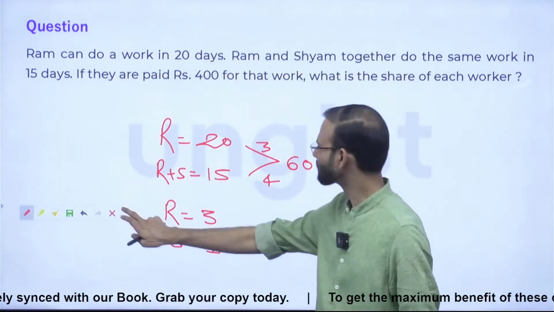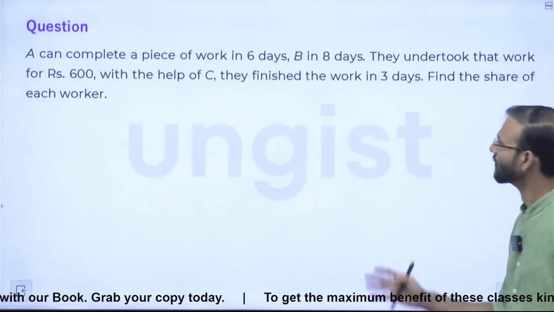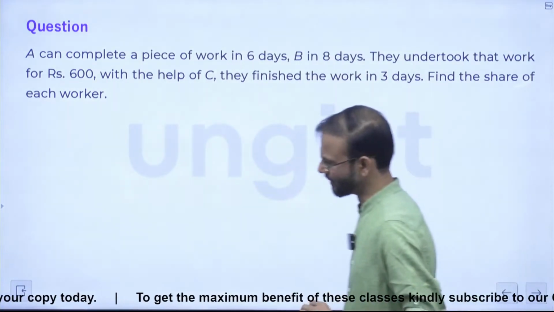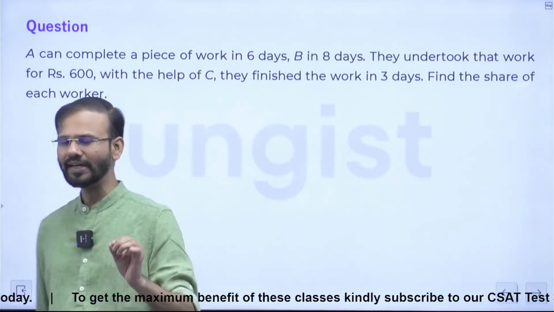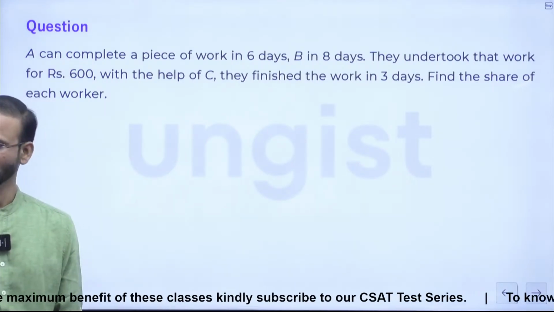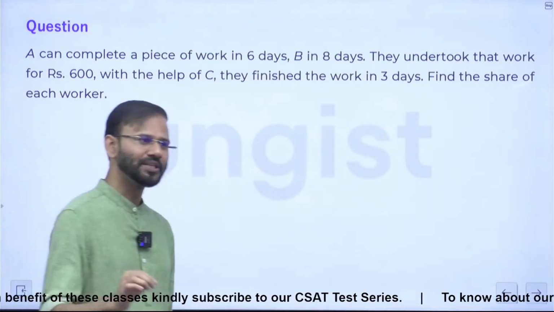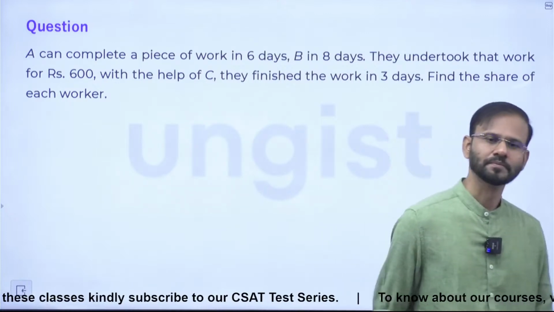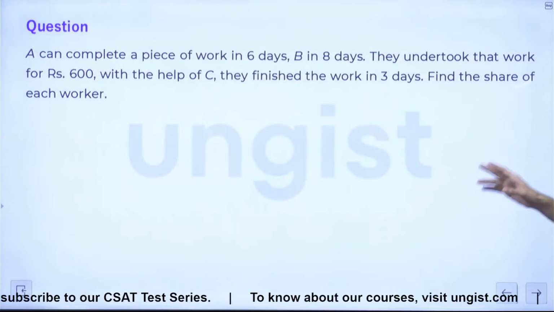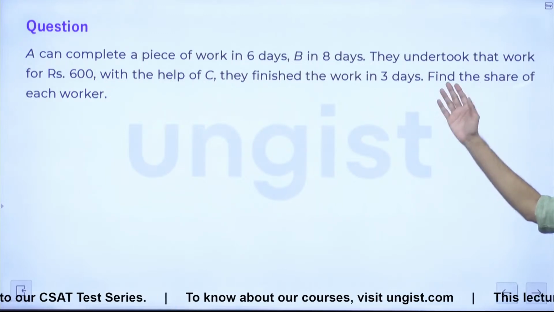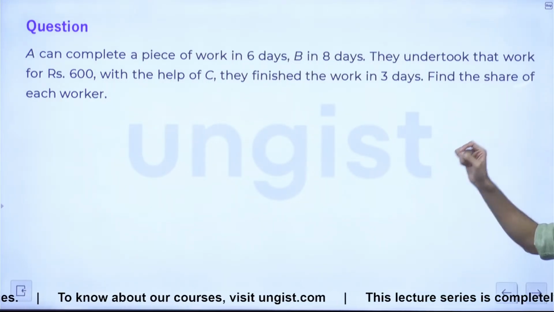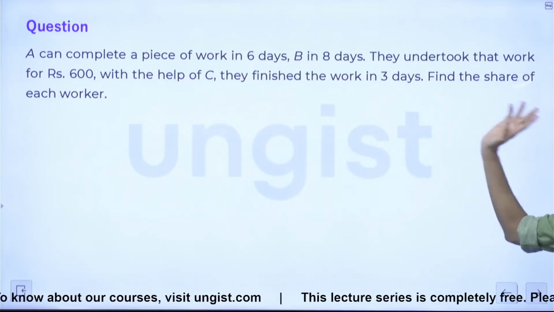After that, देखिए everyone. Now, just read this question, right? I'll be solving this question while reading it, and you will be also solving it while reading it, right? Everyone, put down your pens and just read this question. Question is saying, A can complete a piece of work in 6 days, B in 8 days. They undertook that work for rupees 600, and with the help of C, they finished that work in 3 days,